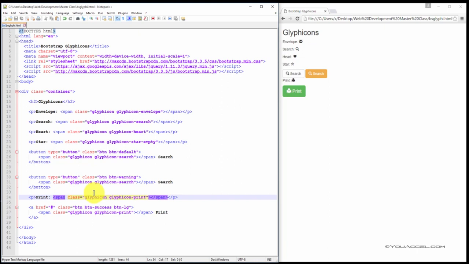And then there's just some other examples here. We have a print Glyphicon. And lastly, we've embedded a print Glyphicon inside